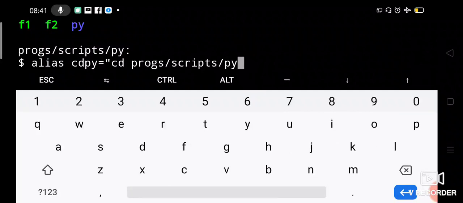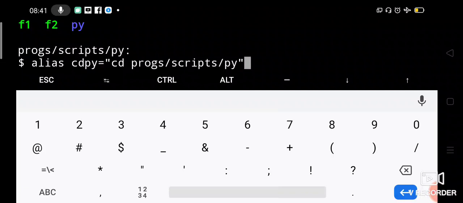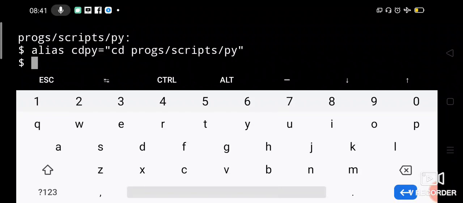So whenever I have to type this big path, rather than typing this big command along with cd and path, I can simply say cd py. It will change my current directory to the py directory. Now I have aliased cd py.